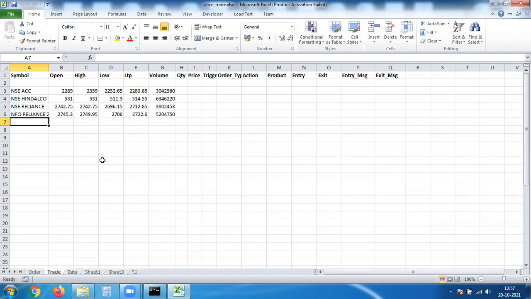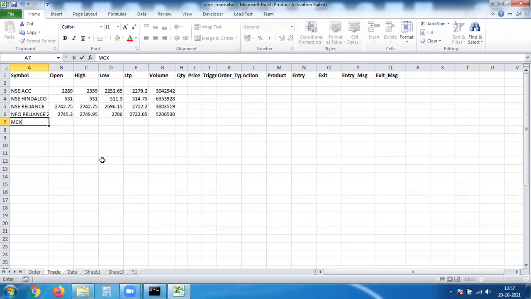Derivatives from NSE as well as the derivatives from other exchanges like MCX or the CDS segment, all those things also can be streamed over here. Let us see that also, how to add the MCX contracts to this.